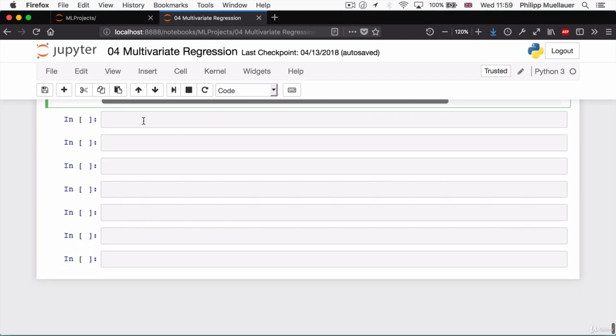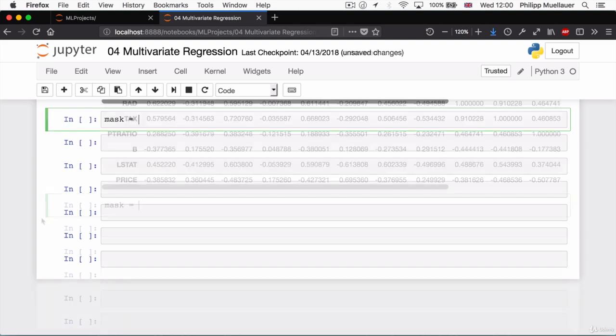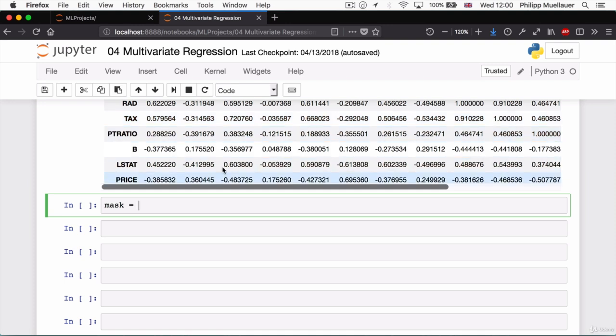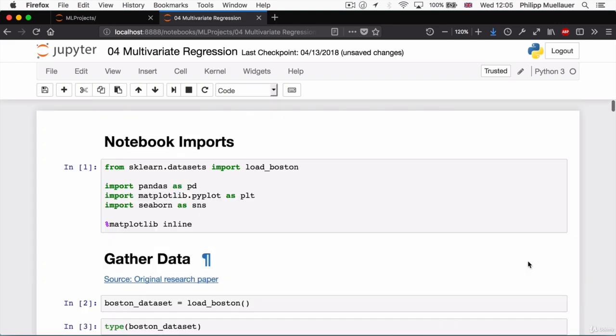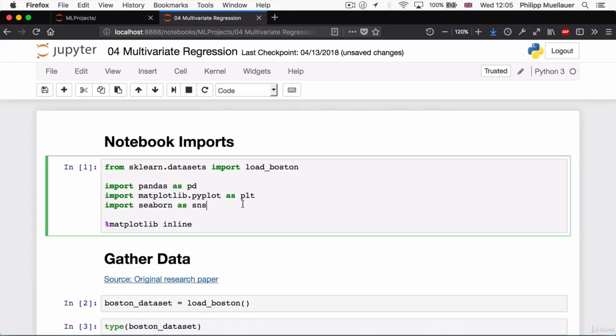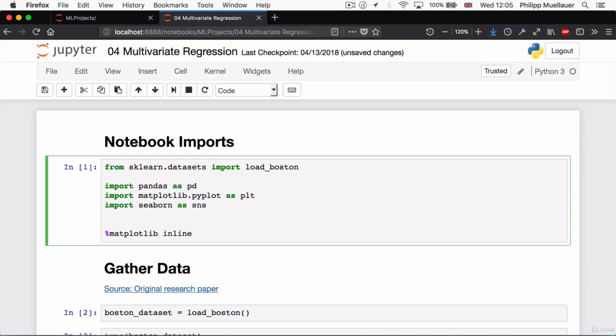To accomplish this, I will create an array, which will help me filter out the values that I don't want to show and the values that I want to show. I'm going to call this filter array mask, and I'm going to set it equal to an array that's identical in size to this table of correlations, this correlation matrix that we've got up here. The module that I will use to help me do this is called NumPy. I'm going to have to add this to my notebook imports at the top in order to use it. So I'm going to say import numpy